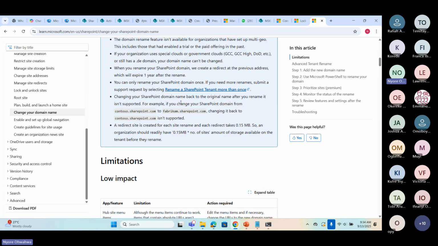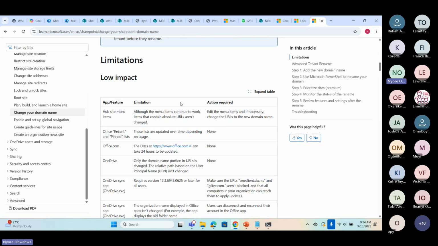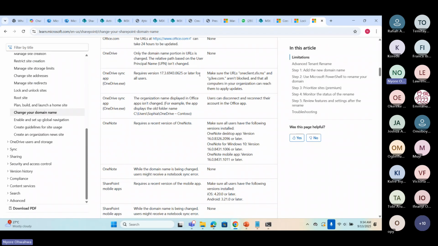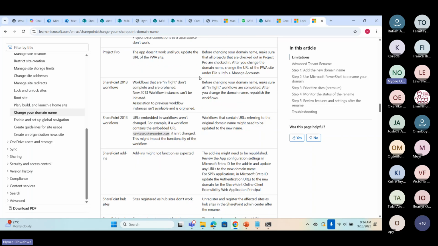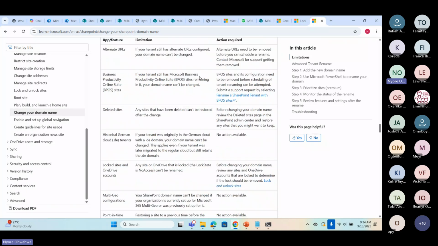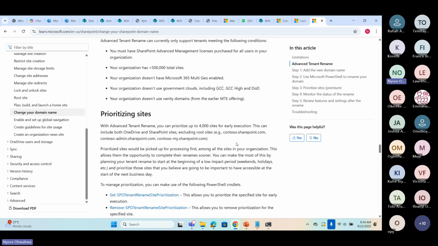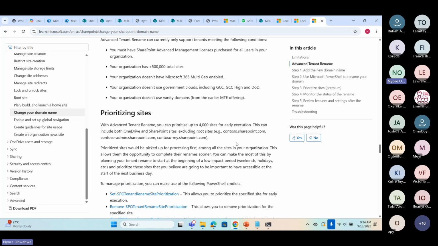So if somebody says, oh, I want to change my domain name, basically Microsoft has brought this article for you to look at. It has low impact, medium impact, and high impact, right? So you have to take a look at all of these and see if it is worth it. Sometimes it is worth it because you have changed your organization name. So you have to take a look at everything and make preparation for those changes that you want to make, and make people aware that these are the changes that are going to happen. This might not work. This would work after we have done the domain change.